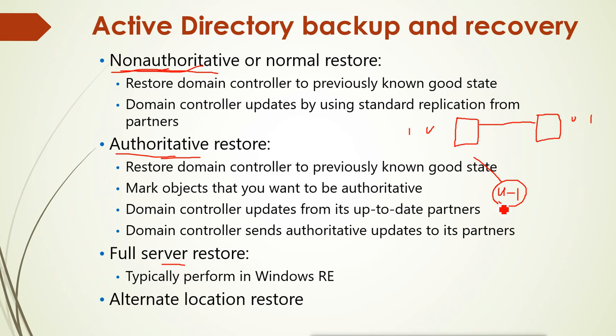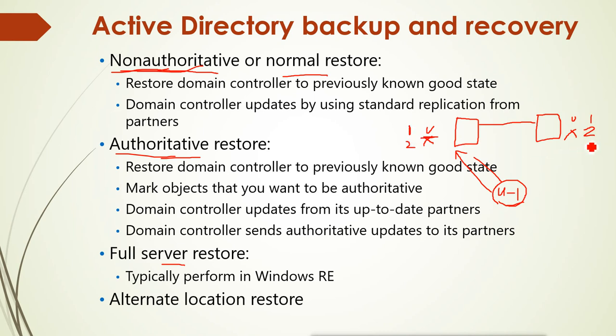Now if I delete this user from this domain controller, the object ID will update to 2, and it will be updated on the other domain controller also, and the user will become deleted with object ID 2. But remember, in the backup it is still 1. Now when we recover the user from the backup, we restore the backup on this server with a normal, non-authoritative restoration. So the user will come back, but with the old object ID, that is 1, and on the other domain controller the ID is 2.